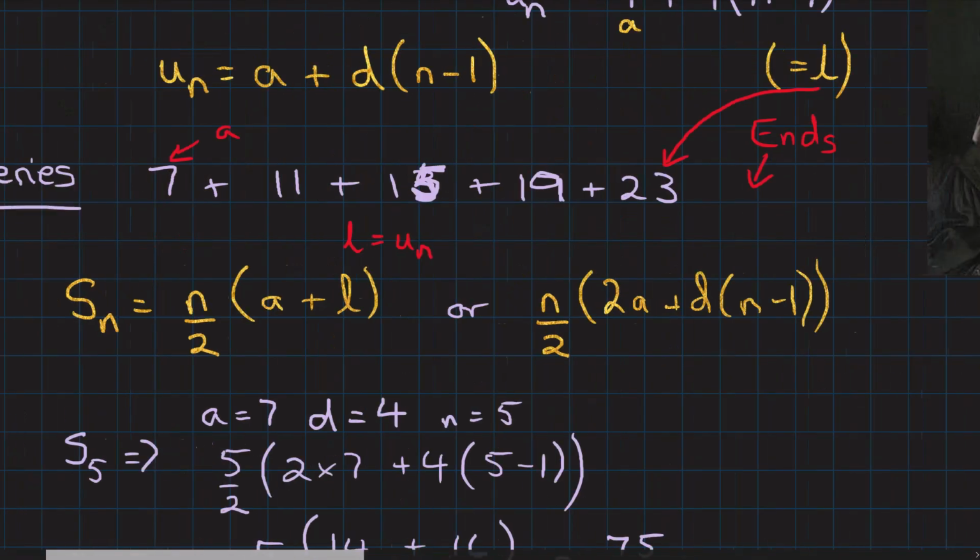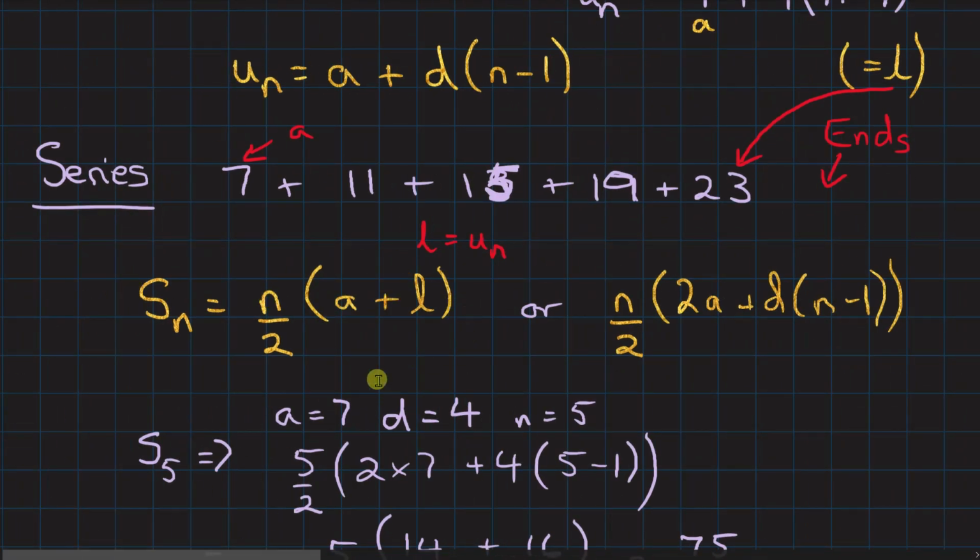So let's bring this back over to the left-hand side. That's this first form of the equation. But this last term is also given by this formula, a plus d(n minus 1). So if we substitute it in, we're going to get n over 2 times (2a plus d(n minus 1)). Two standard formulae, just done by flipping the sequences, pairing them off, and if we do that to this one,